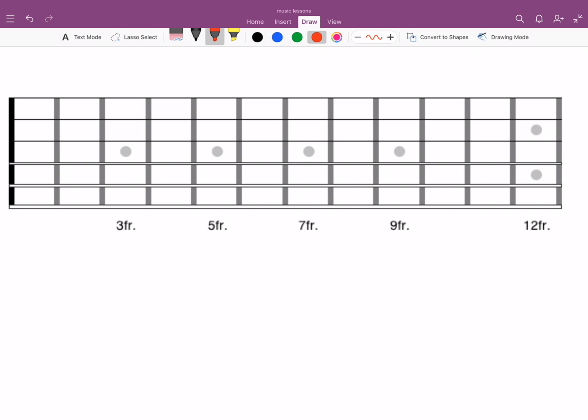Hi. What I want to do is give a brief lesson on music theory, and hopefully this will be kind of the last time that I do this before I actually go on to showing things on the guitar. But I think it's really important that we look at a chart for a moment. Here is a guitar, and you'll see that here would be the nut, and this will go up to the 12th fret. Of course, it keeps going in that direction,